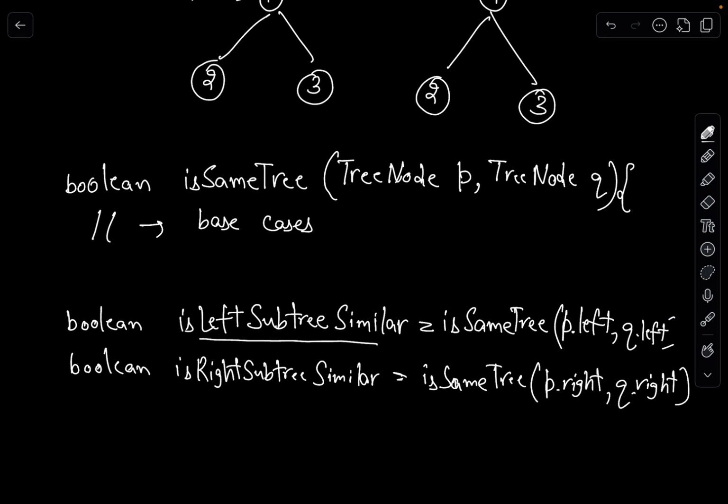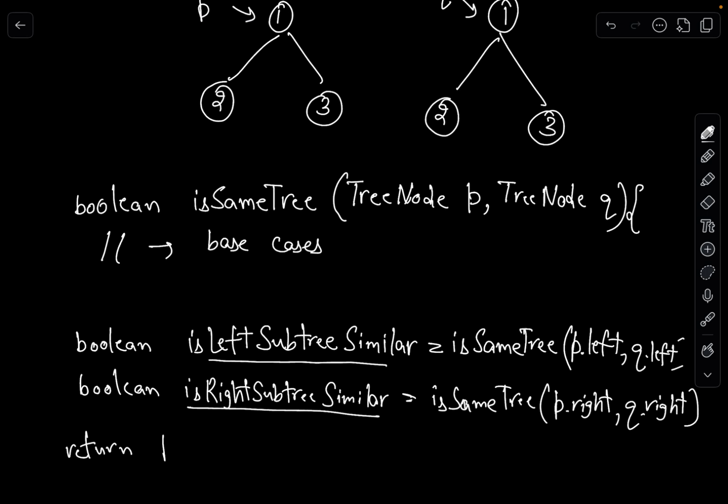Now, if you know that your left tree is similar and your right tree is similar, then all you need to do is check if P dot val is equal to Q dot val. Val is basically the value stored at those particular nodes. Now see, what you have to check is these two values have to be the same and the left subtree should be similar and the right subtree should be similar to the right subtree. So you just have to check if these P val, Q val are same and is left